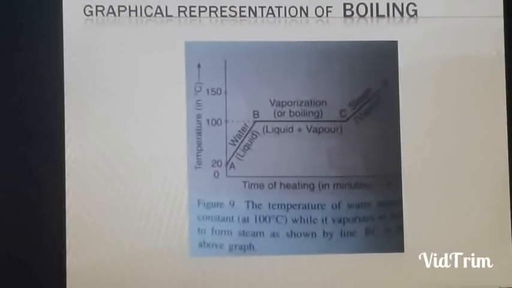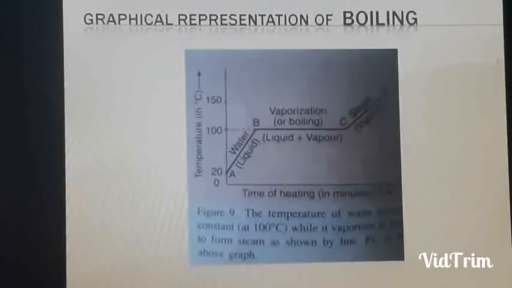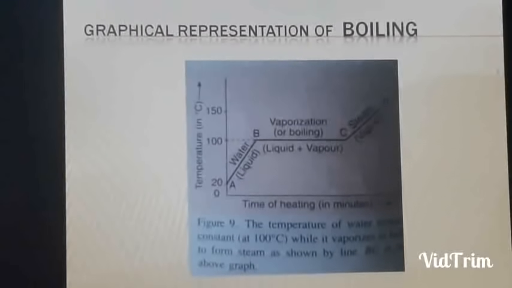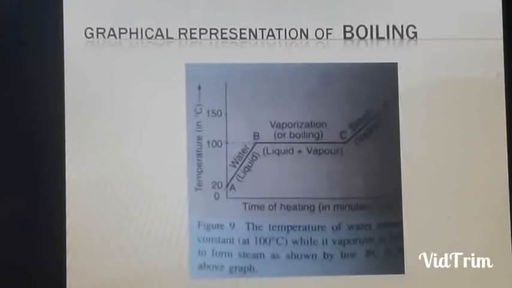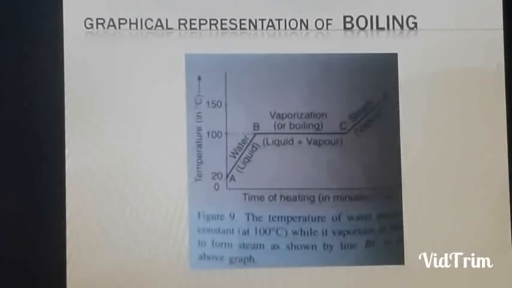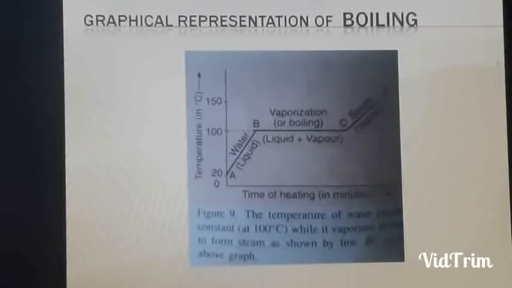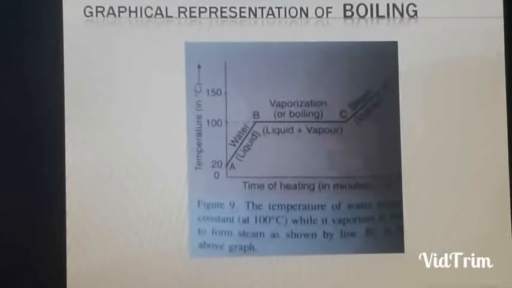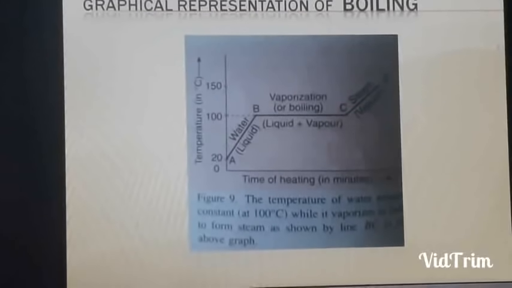First at 0 degrees Celsius, second at 100 degrees Celsius. Got it? Now why is this so? The answer is the heat that is supplied is utilized for overcoming the forces of attraction. We define